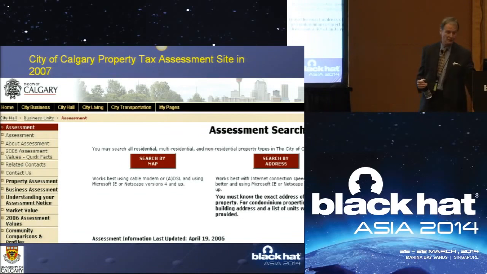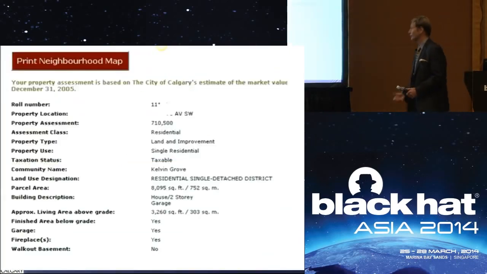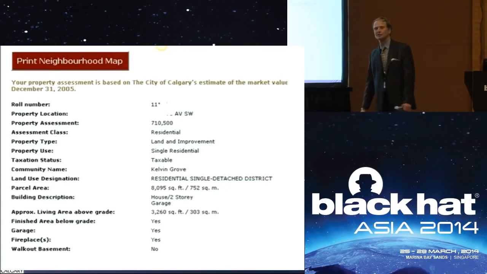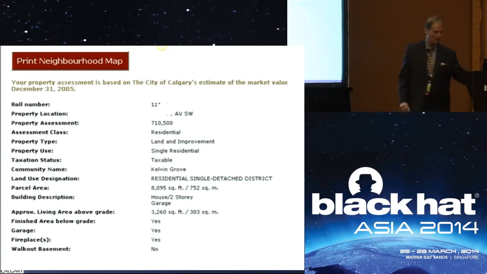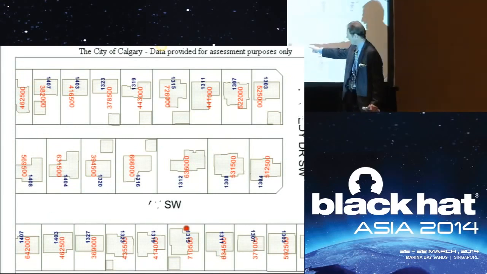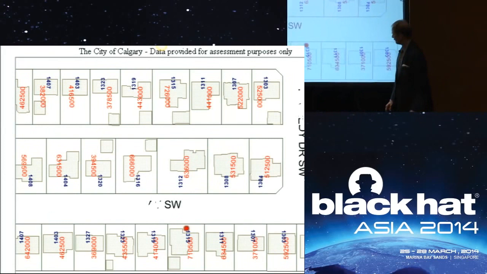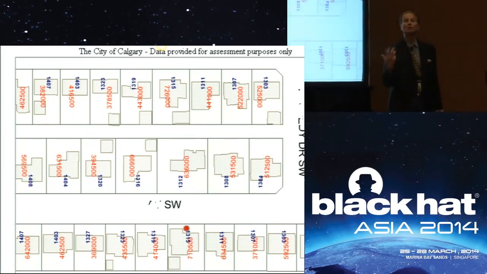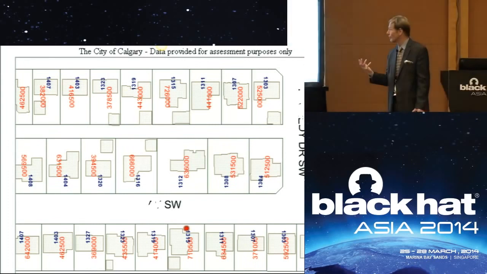Then some genius said, let's put this thing online, and this is, in fact, Clyde Beddoe's house. So again, I obliterated the address, but we see it's assessed at so many dollars. We see how many square feet it has, and so on. That information is everything that the city knows about his house. But they also presented it this way. So there's his house at the red dot, $710,500, and his neighbors have houses that are lower assessment, presumably not as nice, but I don't know.